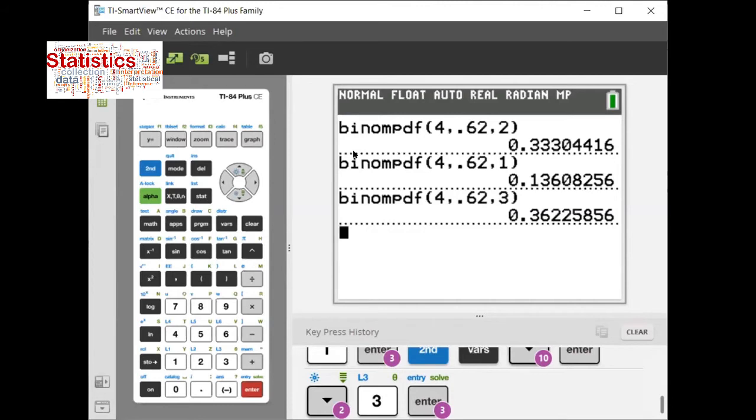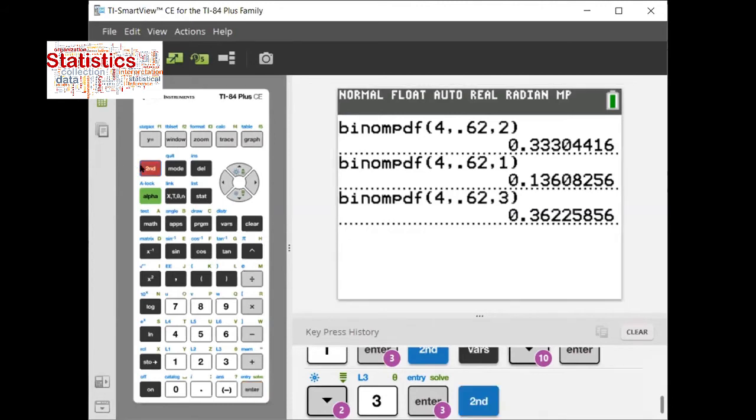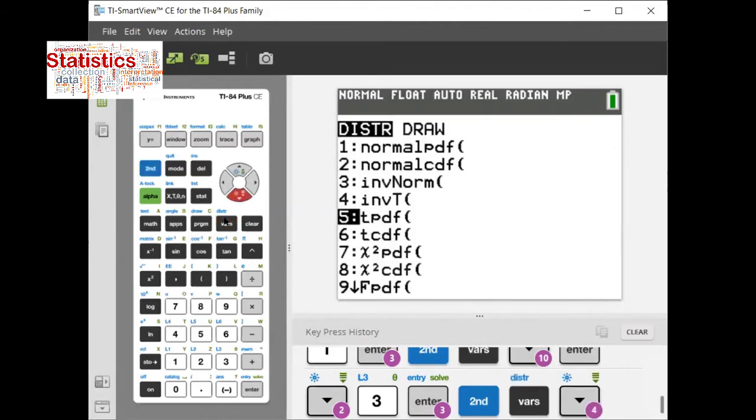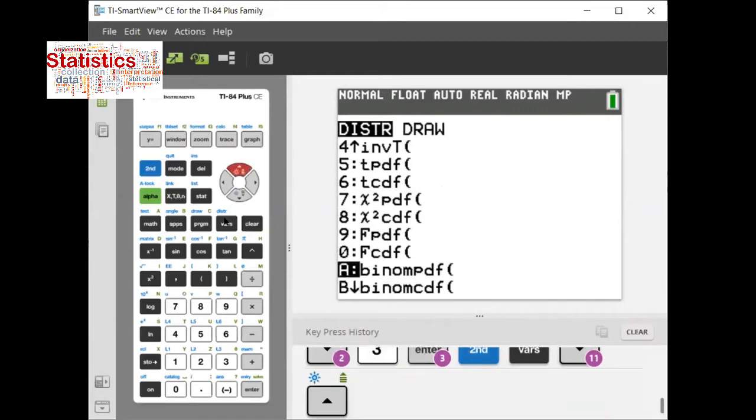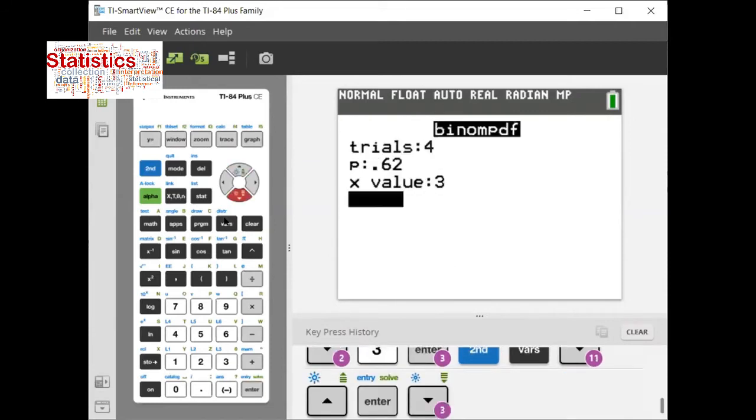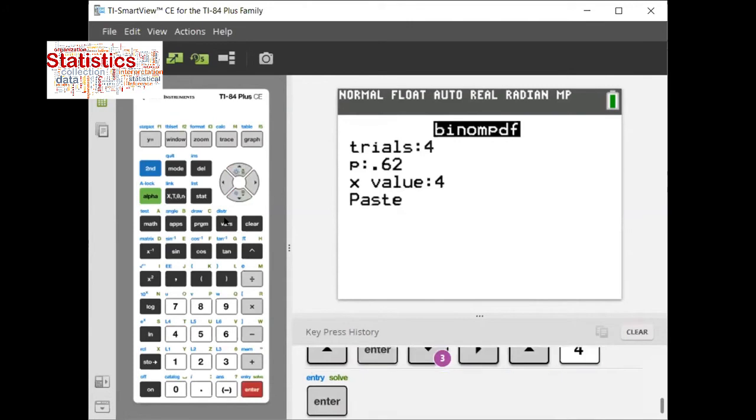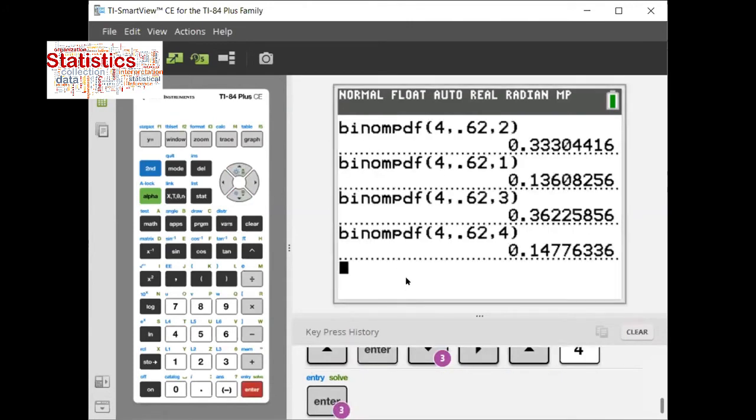And finally, the probability that it is exactly 4. So second vars, let us find binomial PDF, exactly 4. So X is 4. Here we go, 0.1477, 63, 36. And if you add all of these together,